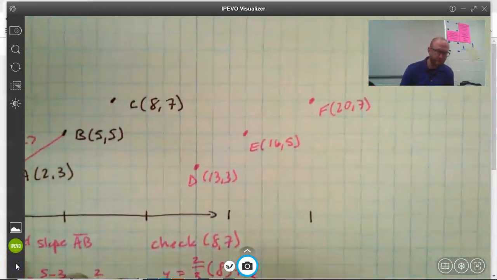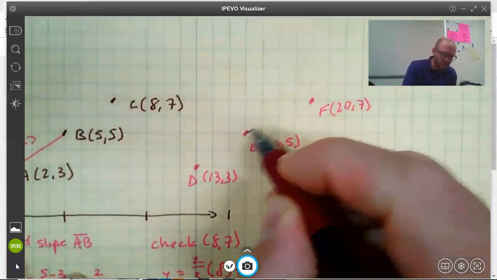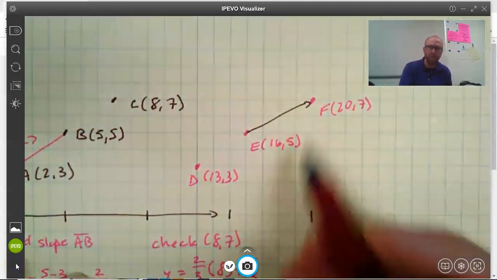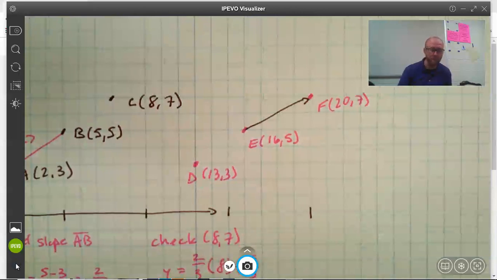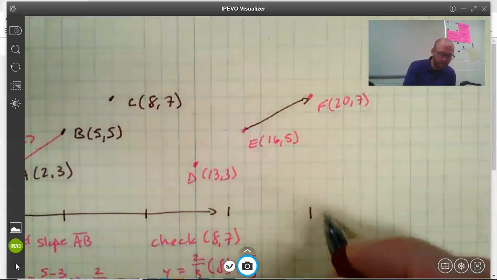Let's pick, this time we'll pick these 2 points, E and F. And I think if you look here, you can kind of see if I were to continue this line, I'm going to miss D. So let's check. First of all, let's find